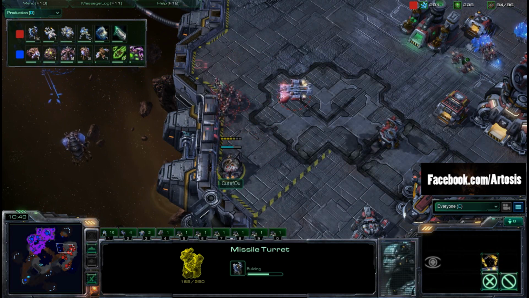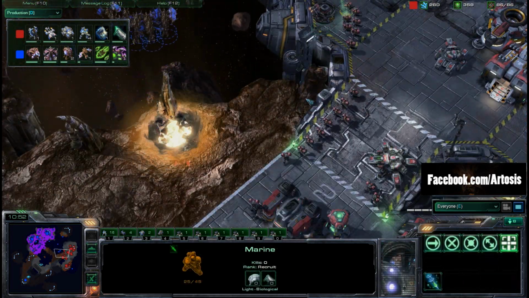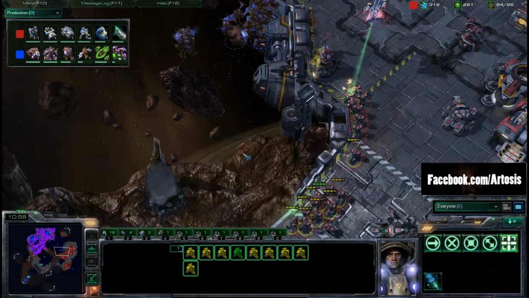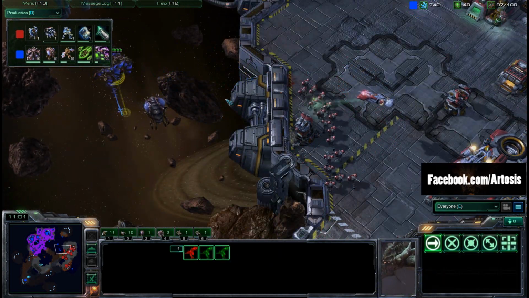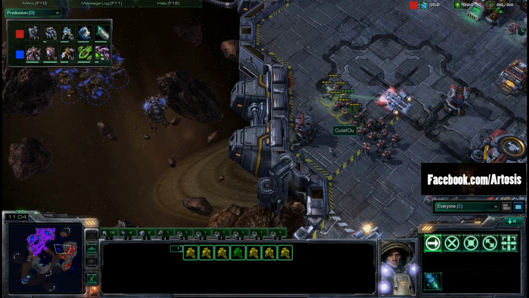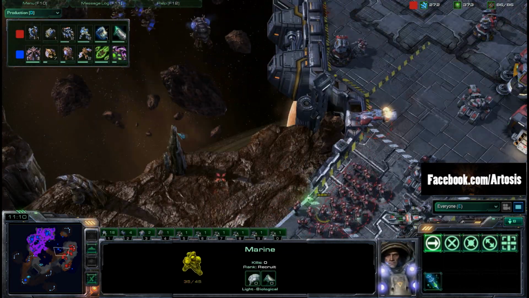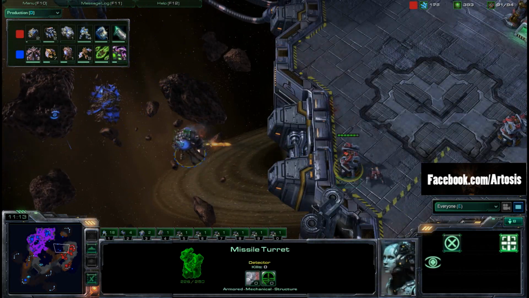CutefOu doing a good job pushing some turrets out to the side, keeping his Marines in a couple chunks. Notice he was trying to get a turret there as well. And that's important, to actually get some of these turrets up to help your Marines defend against the Mutalisks. Of course, the Mutas don't have great range, so the turret backed up by some Marines is going to be